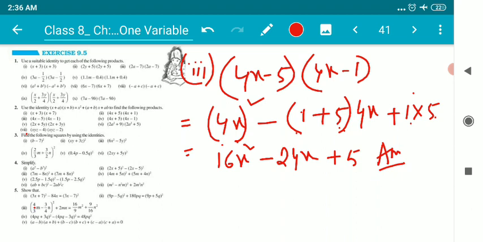I believe it's absolutely clear to everyone. If not, then please let me know. Drop your queries in the comment section, and please try out the sums which I have explained in this video in your classwork copy, and do submit this work in Google Classroom positively. Hope you all have understood. If not, then please feel free to ask for help. I'll surely be helping.